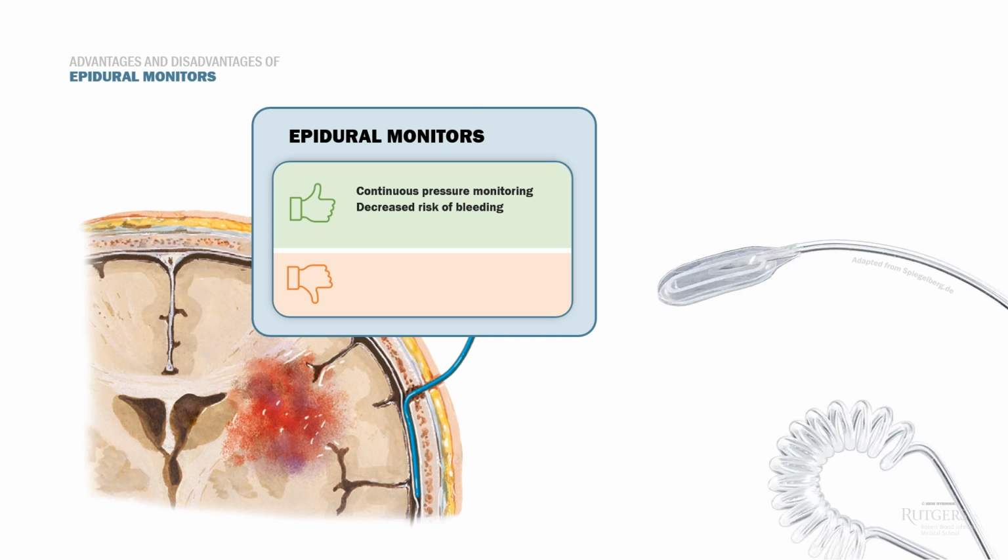These monitors are sometimes chosen to monitor intracranial pressure in patients with extremely high risk of bleeding, such as liver failure, where coagulation factors are not being produced. Those patients also develop high ammonia levels, which cause significant cerebral edema, hence the need for intracranial pressure monitoring. Epidural monitors are also easier to place and tend to be less costly.